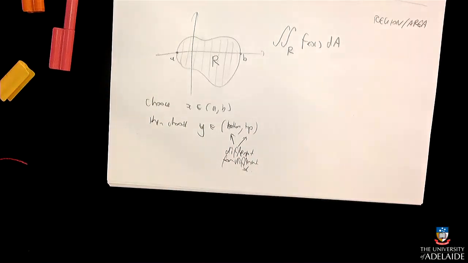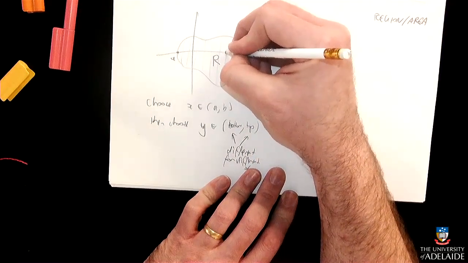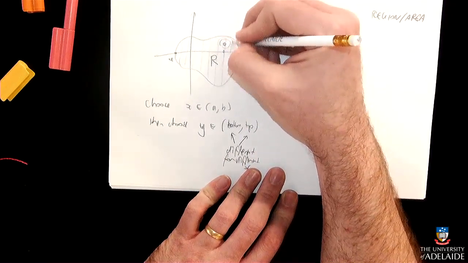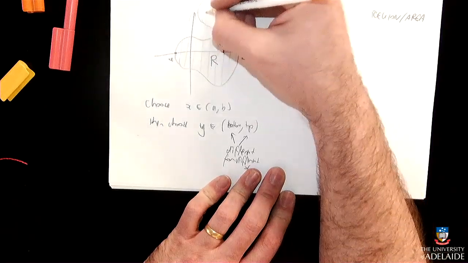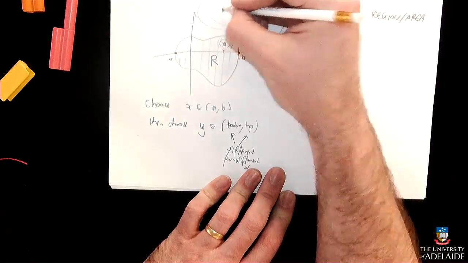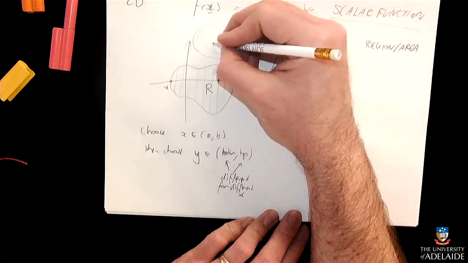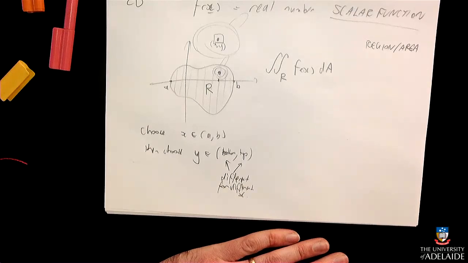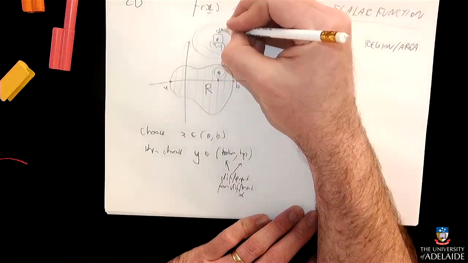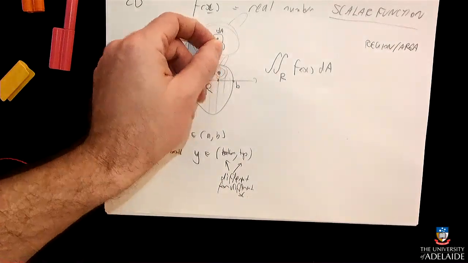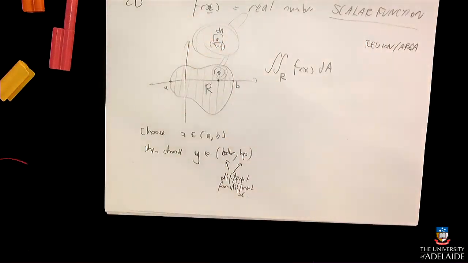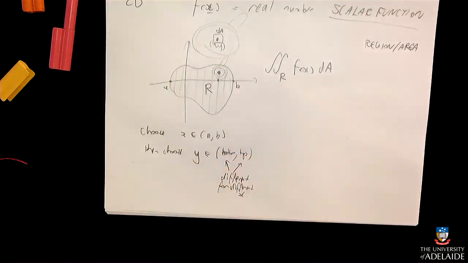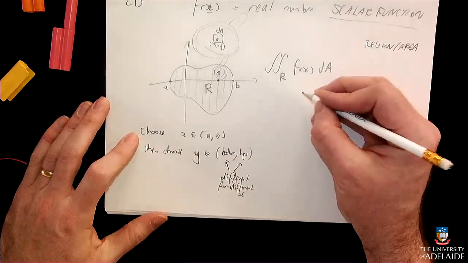That's normally how I would go about locating something here. So when I look in my magnifying glass, there is a point here. It's got an x coordinate and a y coordinate, and there's a little area around it. And that area is my dA. And it also has a function value. I can open my little advent calendar window, and there's a function value there. I'll multiply the function value by the area that I'm at and add them all up, and that will be this area here. So this will tend to turn into,